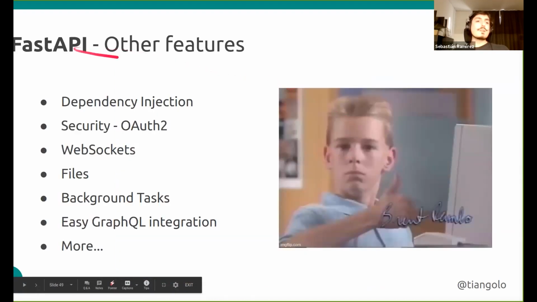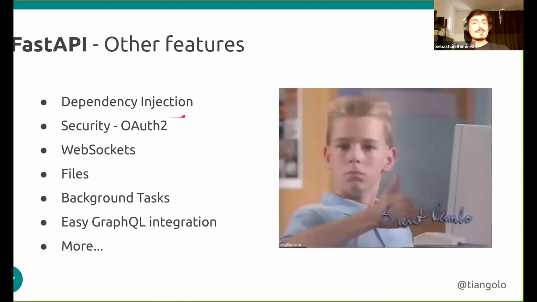Cool. There are some other features. There's a dependency injection system that you can use to do authentication or to do extra data that you need to reuse in several places. For example, to extract what is the current user, or to do some authorization systems. You can also integrate security tools for OAuth 2 authentication, which is also integrated with the user interface for the documentation.